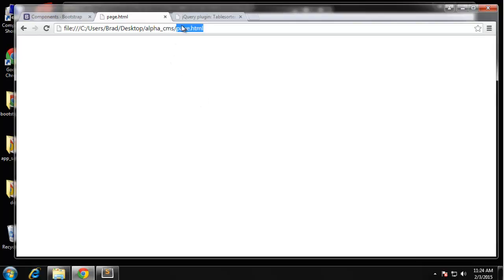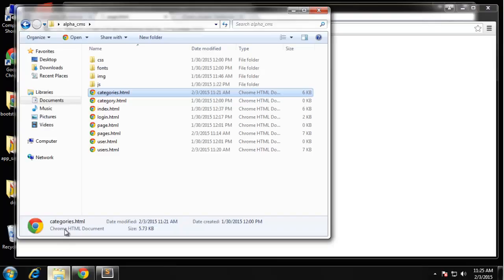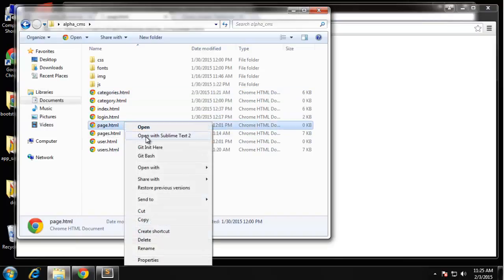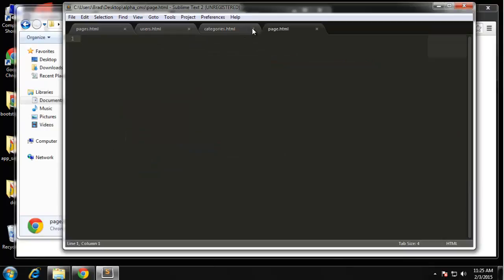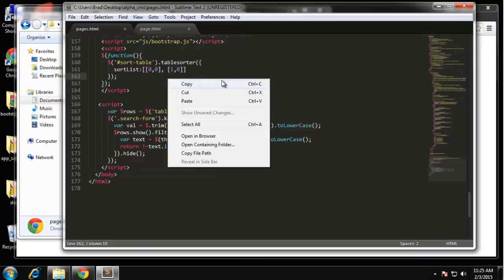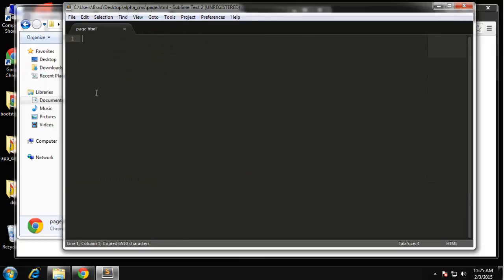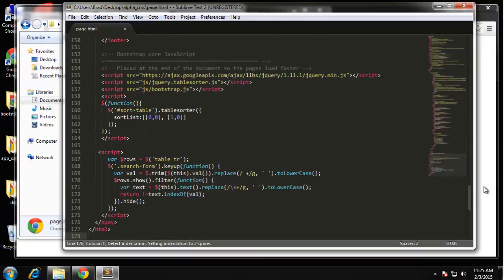Alright, so we're going to build that, and it's just going to basically be a form to add a new page. Alright, so let's go ahead and open up page.html in your editor. I'm going to just close all of these. I'm just going to copy pages.html just to get the overall structure, the head area, things like that. Okay, paste that in, and then